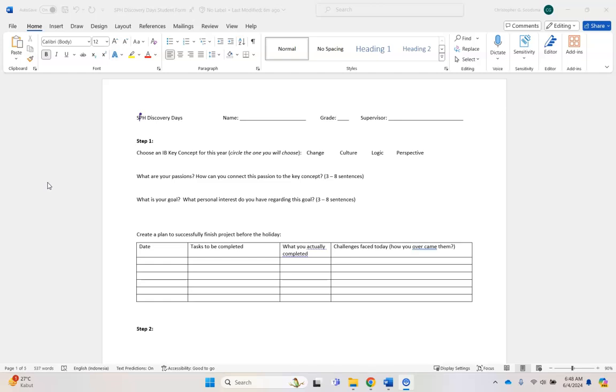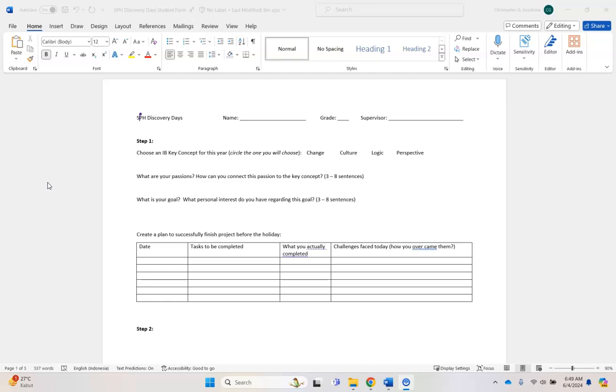and then connect that with your goal. Maybe it's culture, right? And you just love cooking Indonesian food, and you want to make a cookbook where you have the recipe for how to cook rendang or satay, but with it you give some of the history and understanding of culture. So when people come to Indonesia, they can buy your book. Your goal would be to allow people to experience wonderful Indonesian food and learn about the culture and traditions through a book. And then you explain how that has personal interest to you.